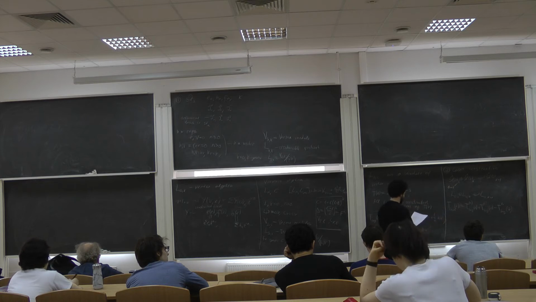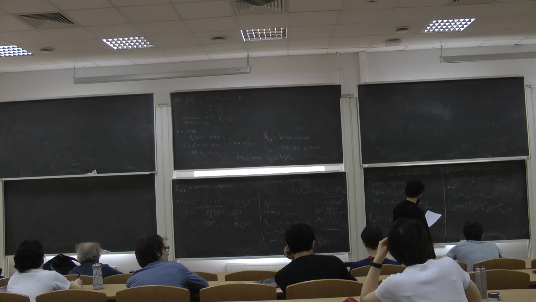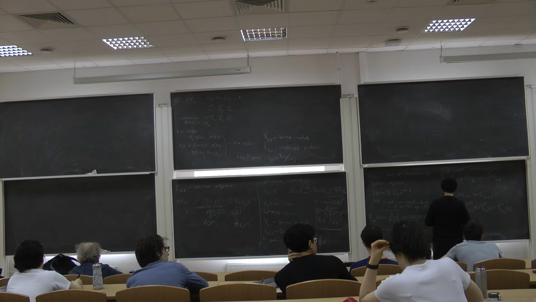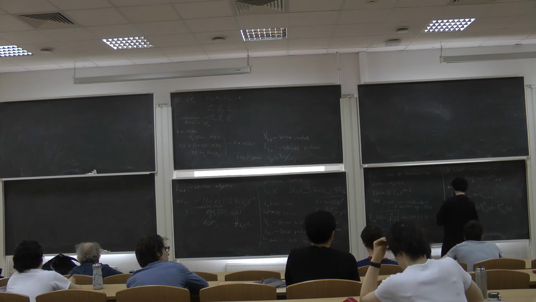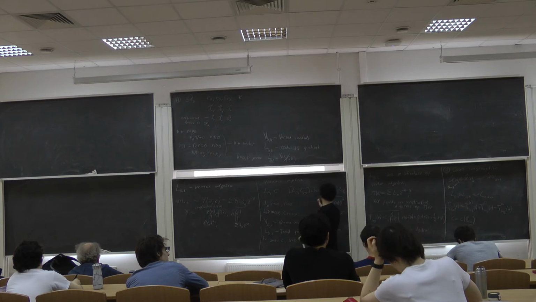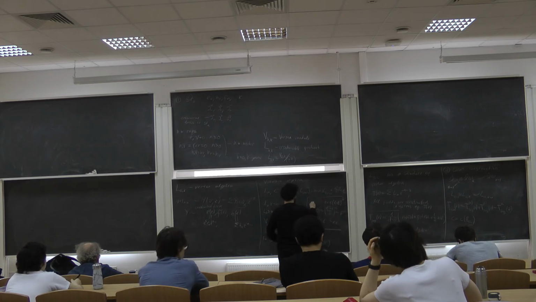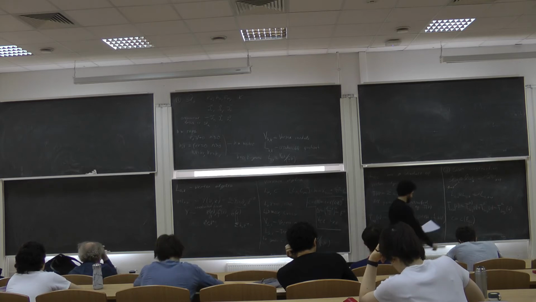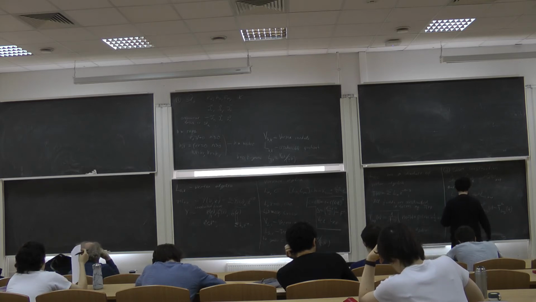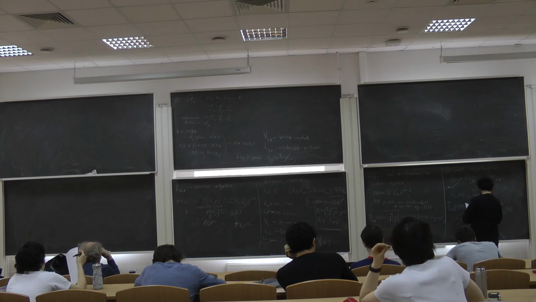And the central charge C is equal to C of B, which I denote in such manner. So C of B is this function. And B is such a number that B squared